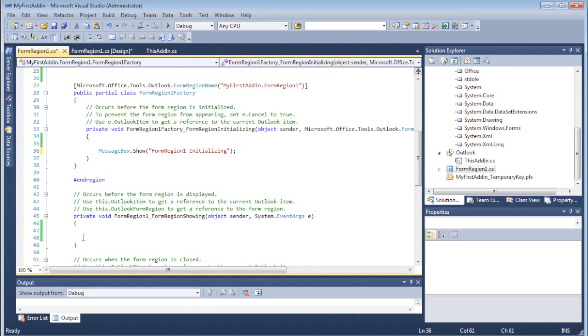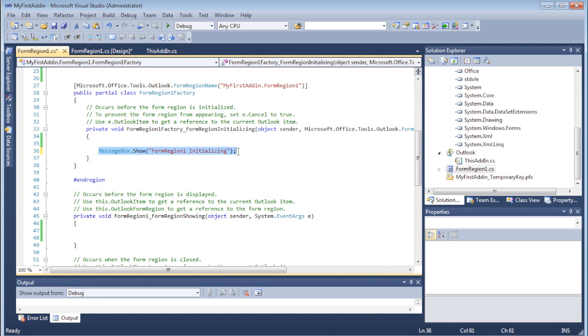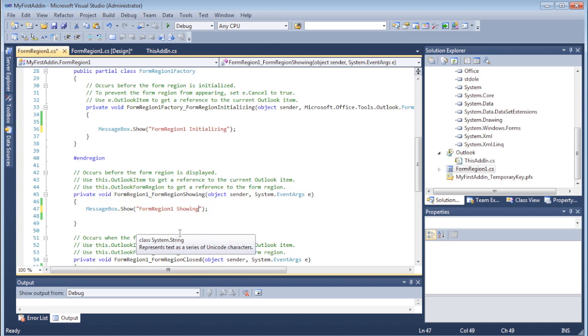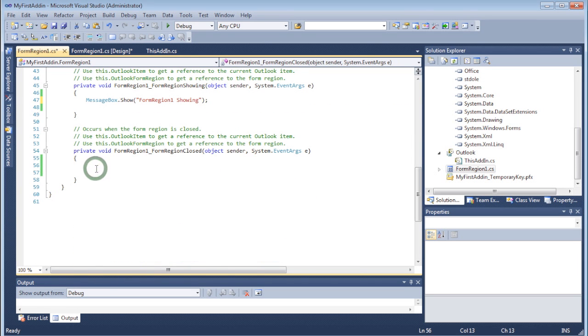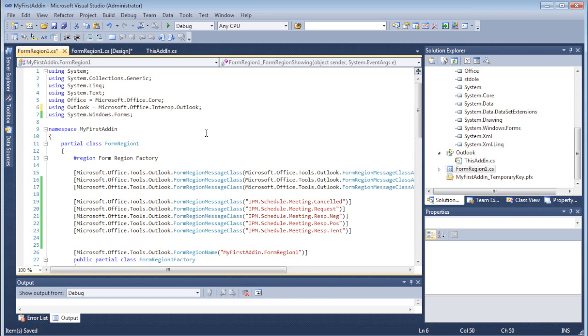Okay, now down here in form region showing, I'm just going to say form region 1 showing. And form region 1 closing. All right. So I put 3 message boxes in here. I had to say using system.windows.forms. I can go ahead and eliminate that extra line. Save. Now when I run,